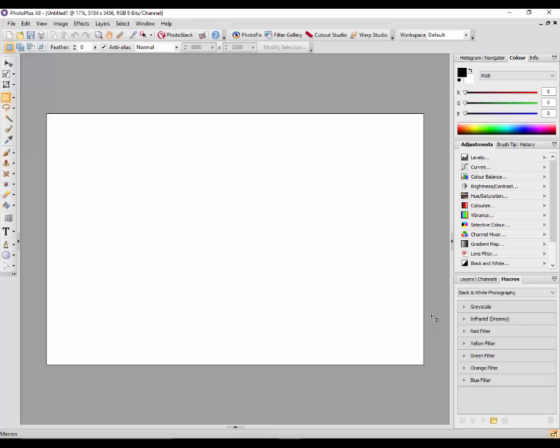So the other part of what you need to do, apart from practice, is to make some preparations. Now, what I'm going to be doing is making a new image in the size that my camera takes images, which is 5184 by 3456. As you can see, I have one of these on screen, which I made by clicking on